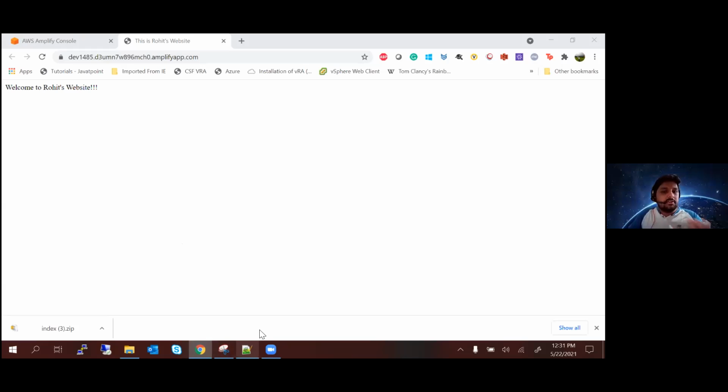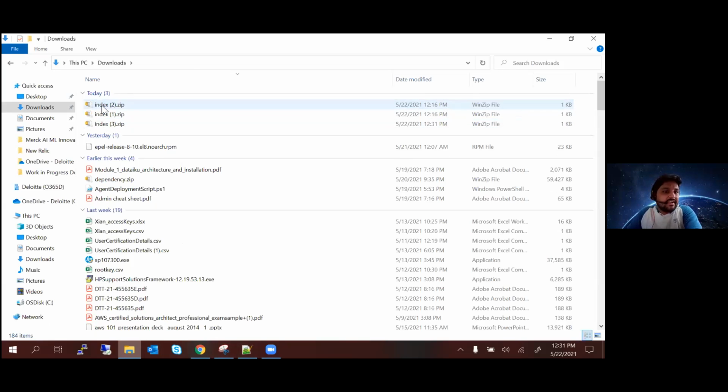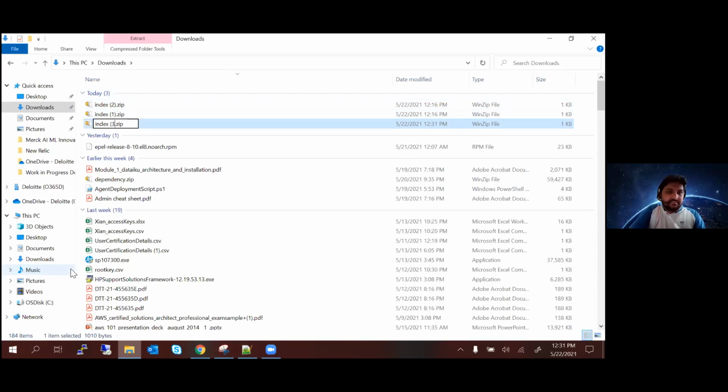On your laptop, delete the previous zip file that you downloaded, and make sure that you have renamed this zip file as index.zip. It should not be index1 or index2 or index3, right? So delete the older zip files and rename whichever one you see, index 1, 2, 3, to index.zip. This should be the name of your zip file.